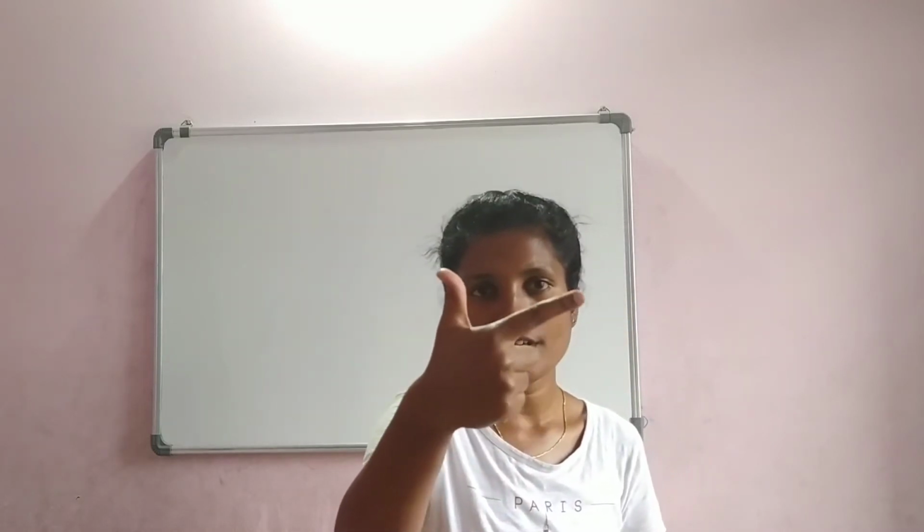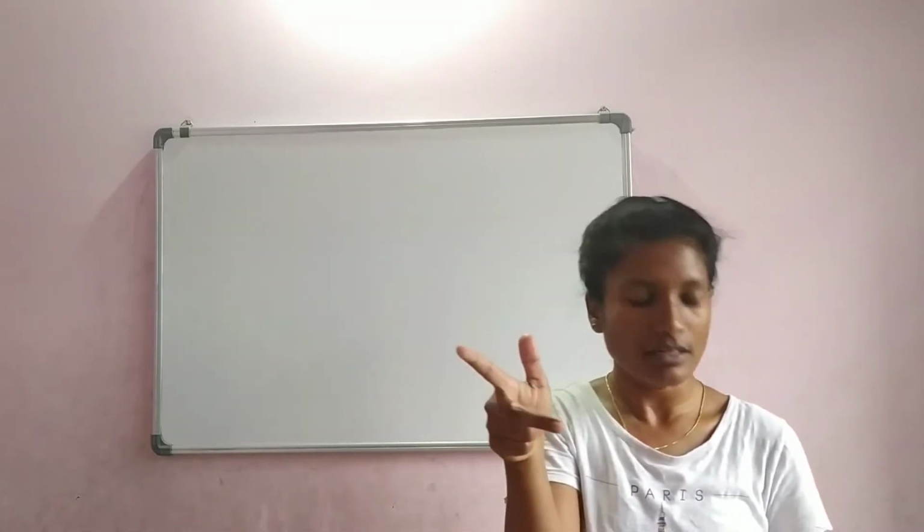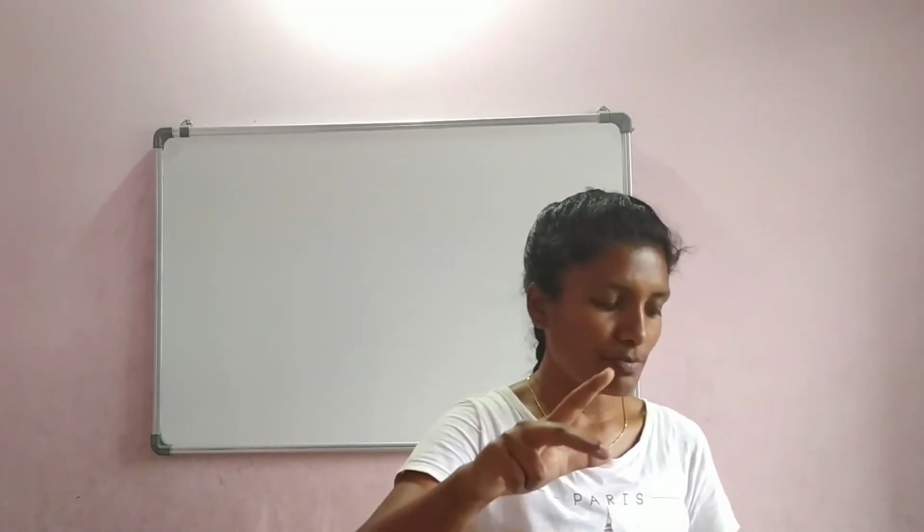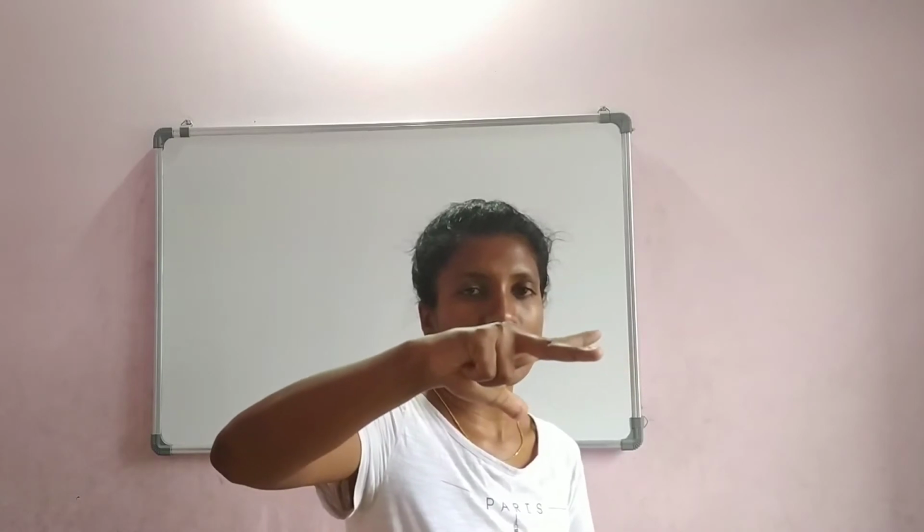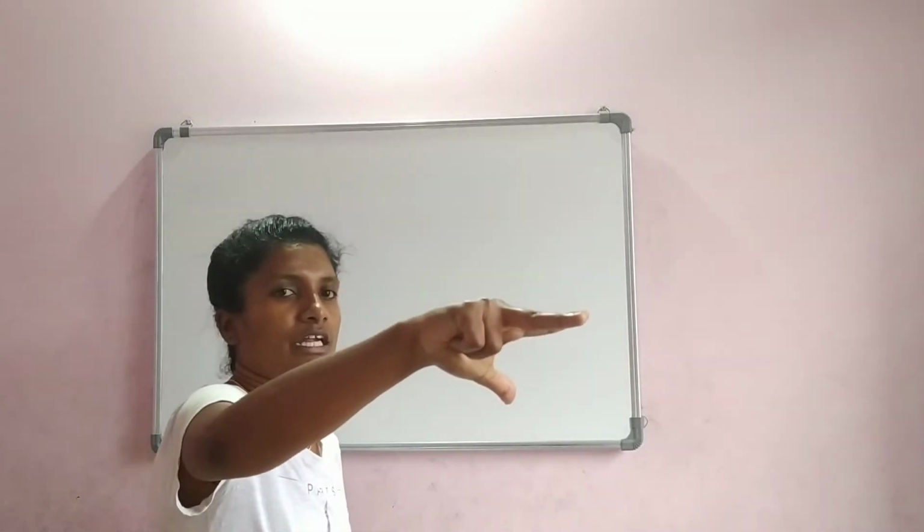It's the same again. Open your thumb, forefinger and middle finger. Keep them at right angles. Adjust your hand in such a way that the forefinger is in the direction of the magnetic field. I'm sorry, they are not at right angles. It should be like this. Okay? Can you see? It should be like this.